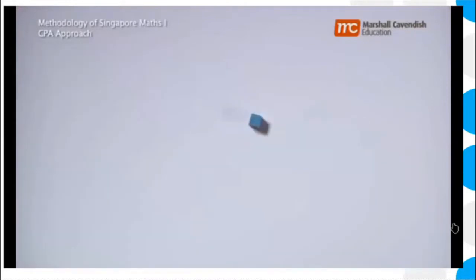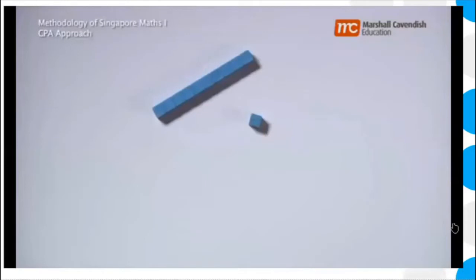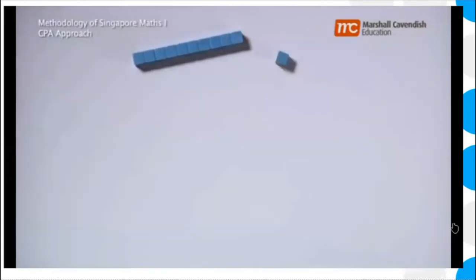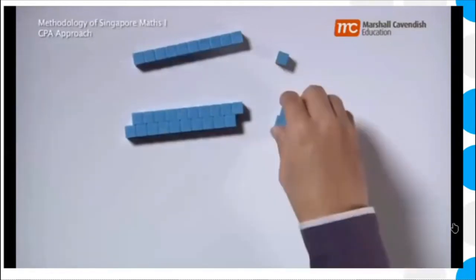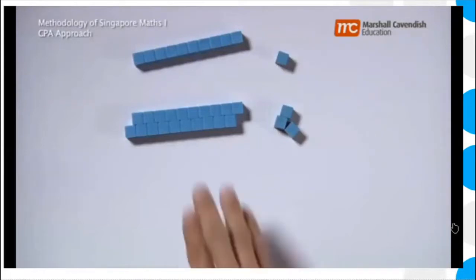Let this represent 1. So this will be 10. And this represents 11. In a CPA approach, when children learn addition of, say, 11, 1 ten and 1 one, and 23, 2 tens and 3 ones, children can almost readily see that the total of 11 and 23 is 34, 3 tens